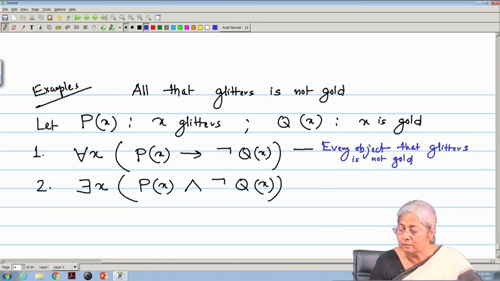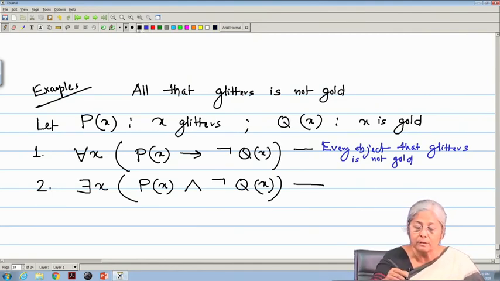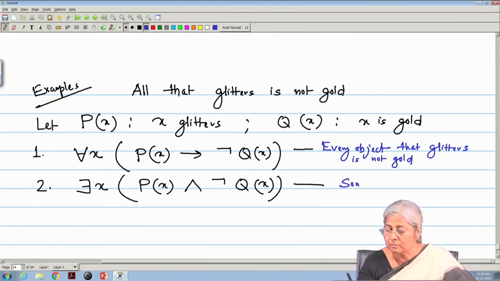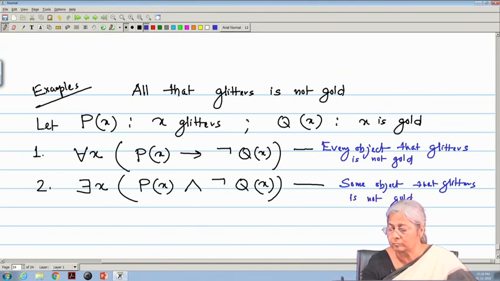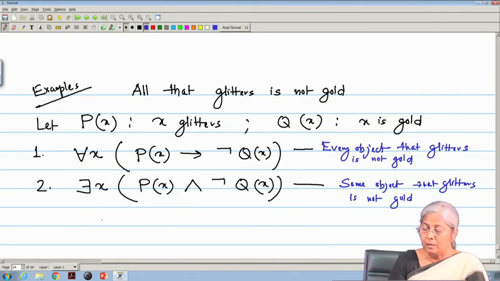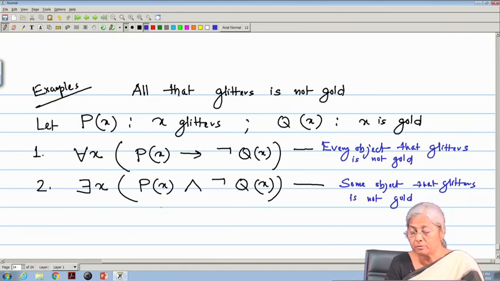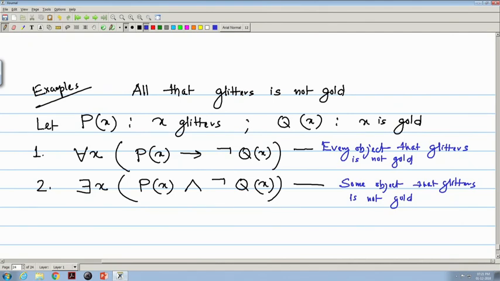Here we can write the second one: some object that glitters is not gold. And the second one, that there exists x, that means there exists some object for which we can tell that it glitters and that is not gold. So, we can write that there exists x,